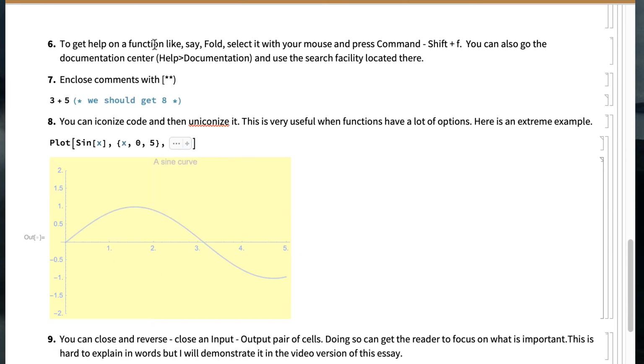Number 6, all these functions. Who the heck knows what they mean? So one quick way to find out what they mean is, here's a function fold. I hit Shift Apple or Shift Command F,